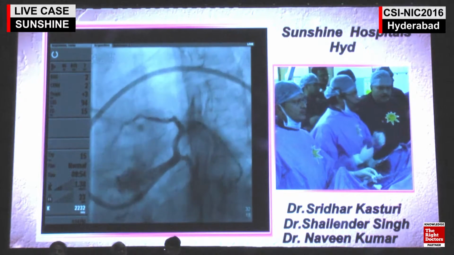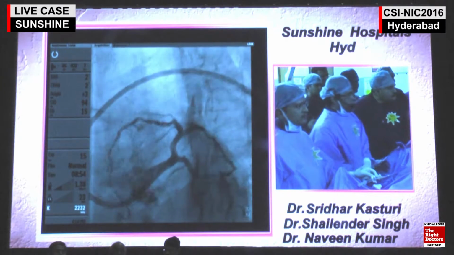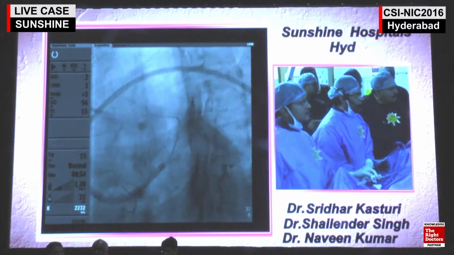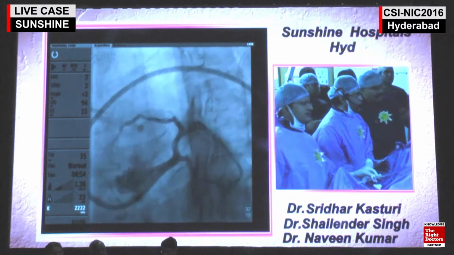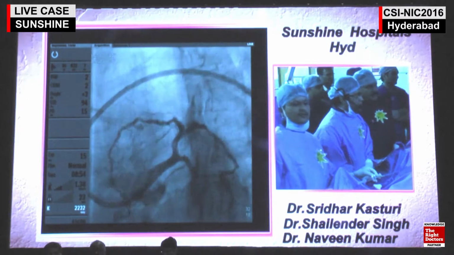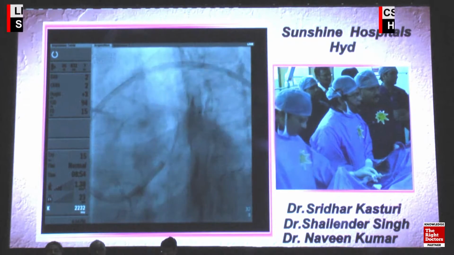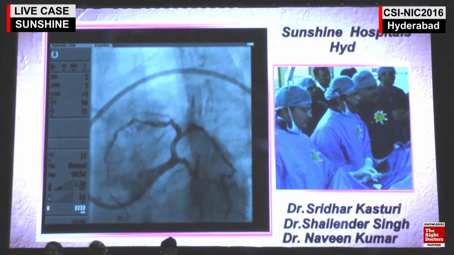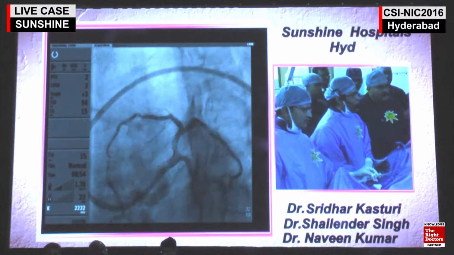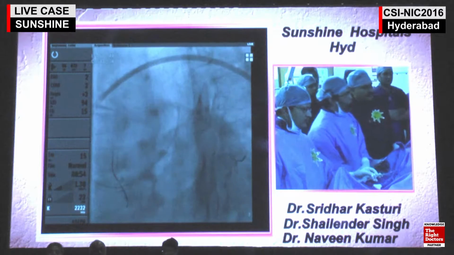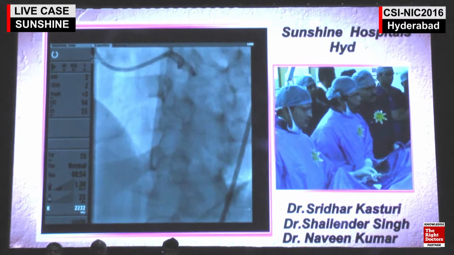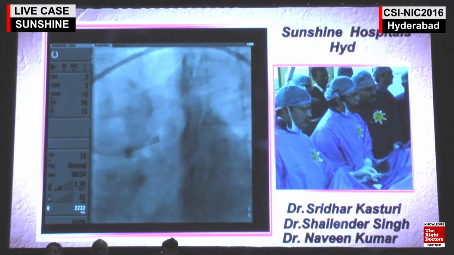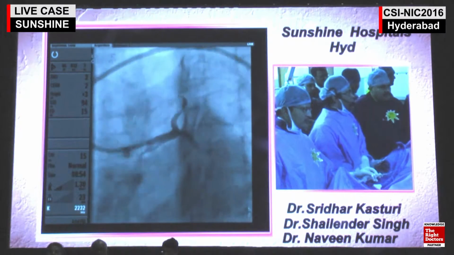Any questions or any suggestions from the panel? So basically you set up this bifurcation strategy, correct? Yeah, T-stenting. So you want a V-stenting with 2 BVS? Yeah, T-stenting with BVS, because the LED is also very, very tight. Right, Medina 111. Though angiographically it was not looking that tight, only the cardinal view showed LED very tight, so we wanted to assess it with OCT. OCT showed the LED MLA is about 1.7 square millimeter, very, very tight, almost encroaching onto the OCT catheter. Right.